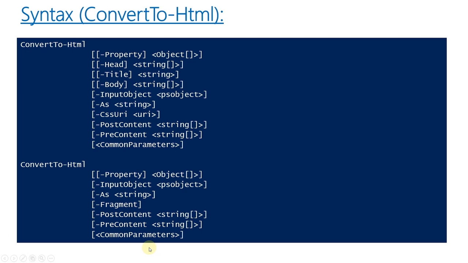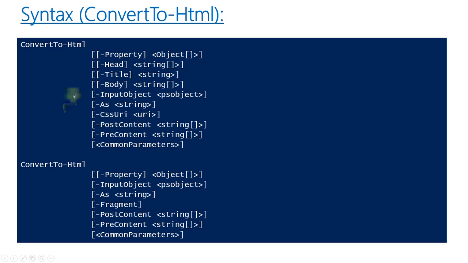So these are a few points about ConvertTo-HTML, and here we will see the syntax of the ConvertTo-HTML commandlet. Like CSV only, this also has two sets of parameters. Either we can use ConvertTo-HTML after the pipeline, or we can straight away pass any object to this commandlet using the InputObject parameter. Either we can use Fragment, or we can use other parameters like Head, Title, Body, and others like PostContent and PreContent, which will be similar.